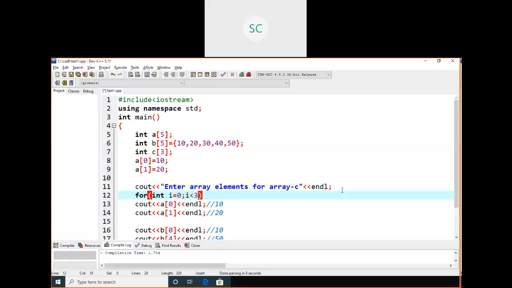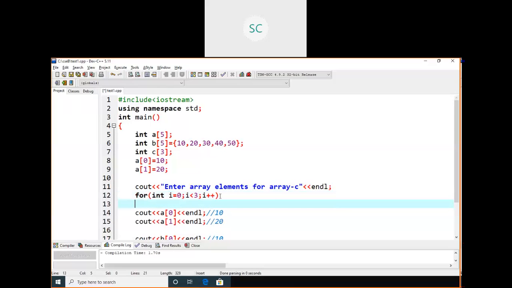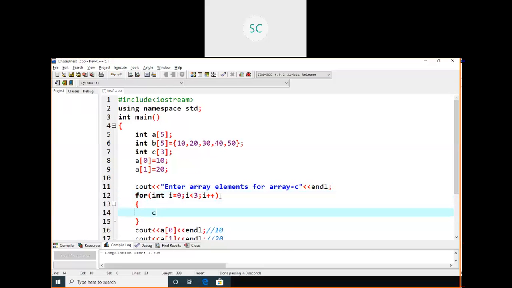I mentioned array C's size is 3, right? Size you need to take here. Then i plus plus. By using this for loop I am going to read the 3 numbers into this array C of i. All the 3 numbers are going to be stored in C.